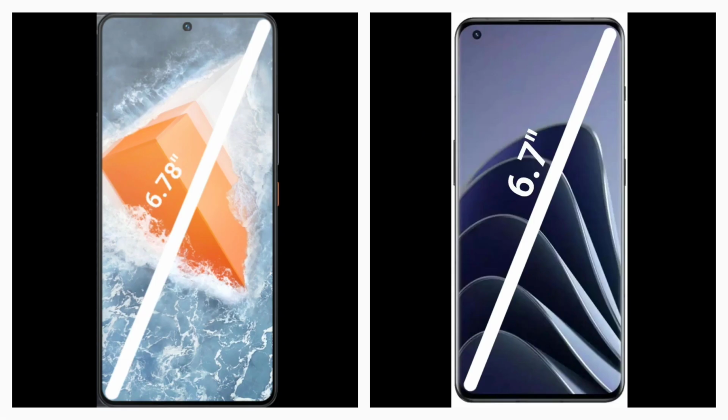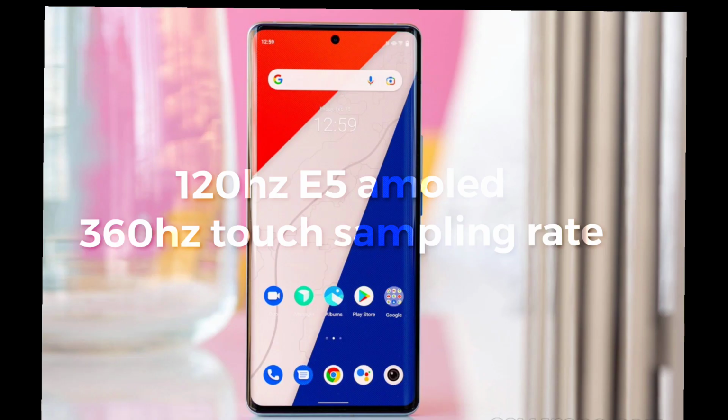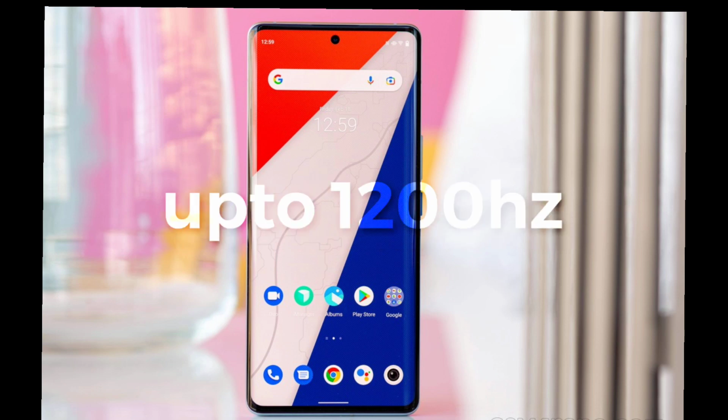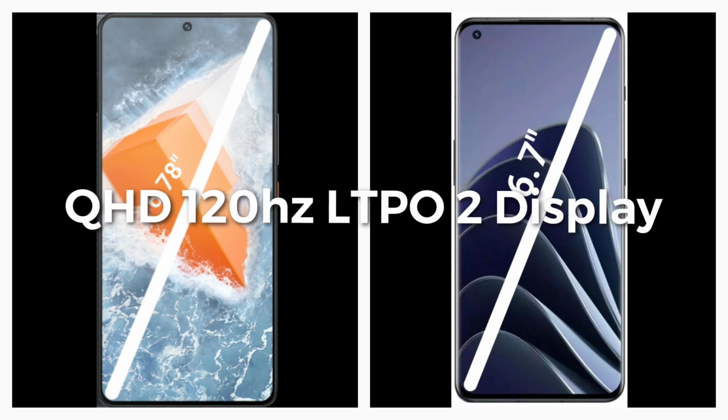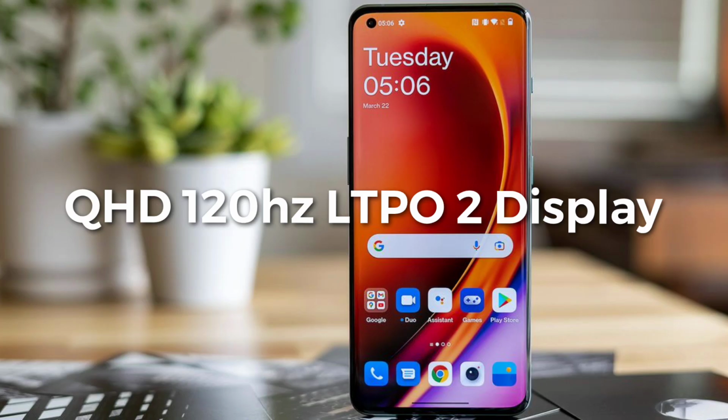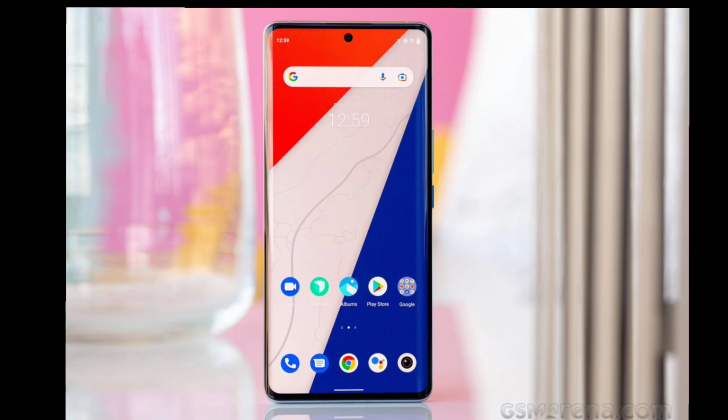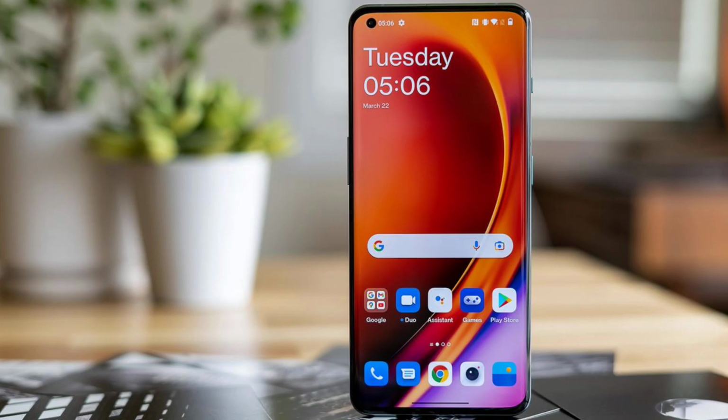iQOO 9 has a 6.78-inch Full HD+ E5 AMOLED display with 120Hz refresh rate and 360Hz touch sampling rate. It can be boosted up to 1200Hz in gaming. Whereas OnePlus 10T has a 6.7-inch Quad HD LTPO 2 display with a 0 to 120Hz refresh rate. iQOO 9 has an 8-bit panel which gives 16 million colors, whereas OnePlus 10T has a 10-bit panel which gives